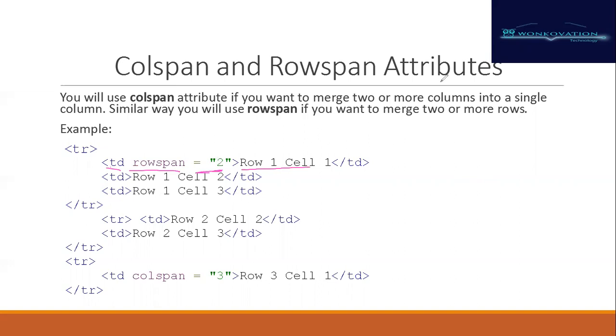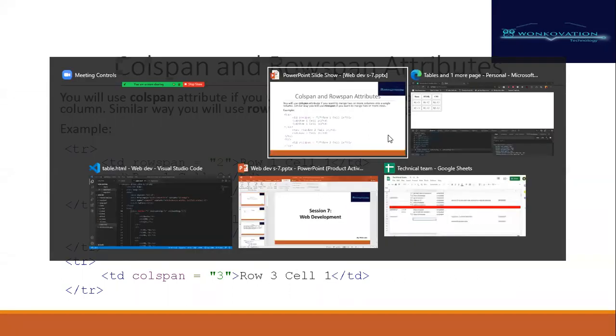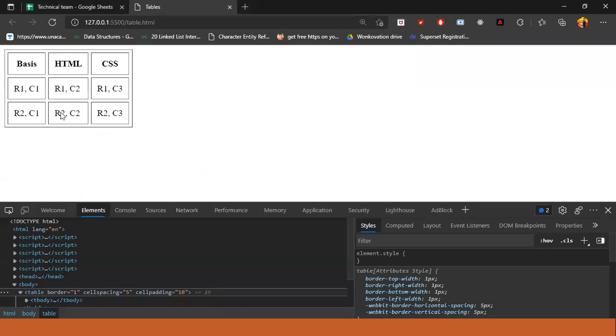Let us put an example of them. See, over here, what are the rowspans? These are rows, correct? So rowspan will be merging these two cells. If I want to merge two cells, we will give the value 2 to the rowspan when I put this item. If I want to remove this column, I will use colspan over there.